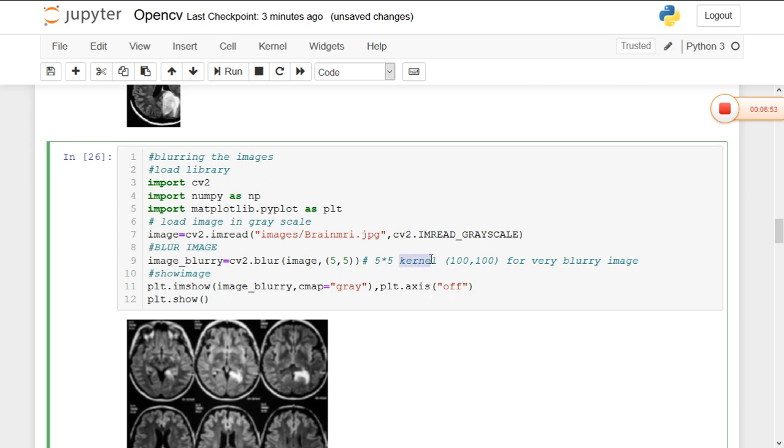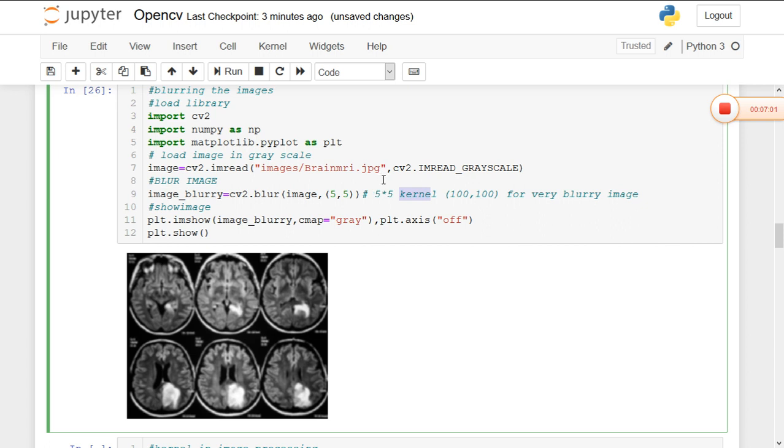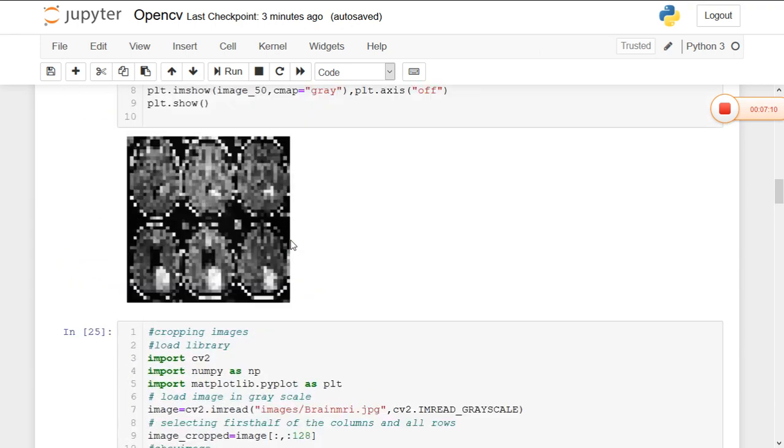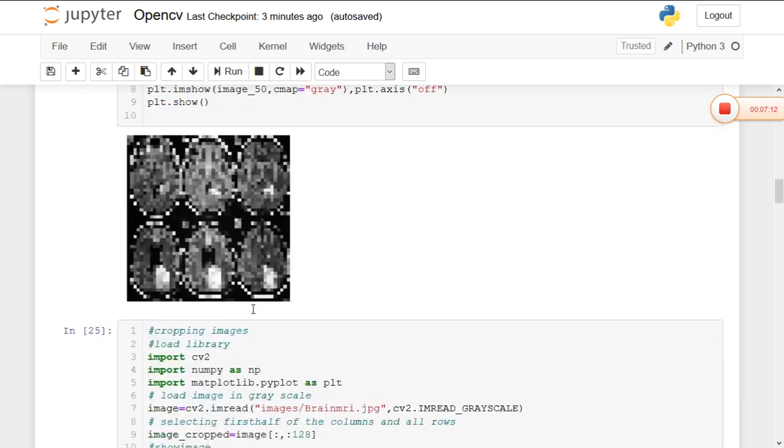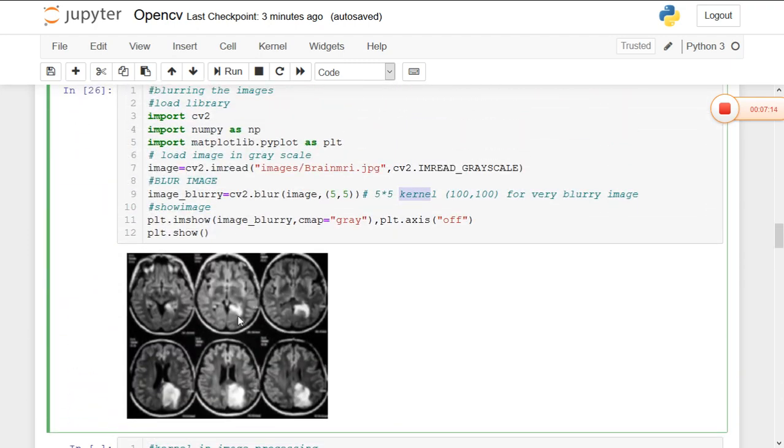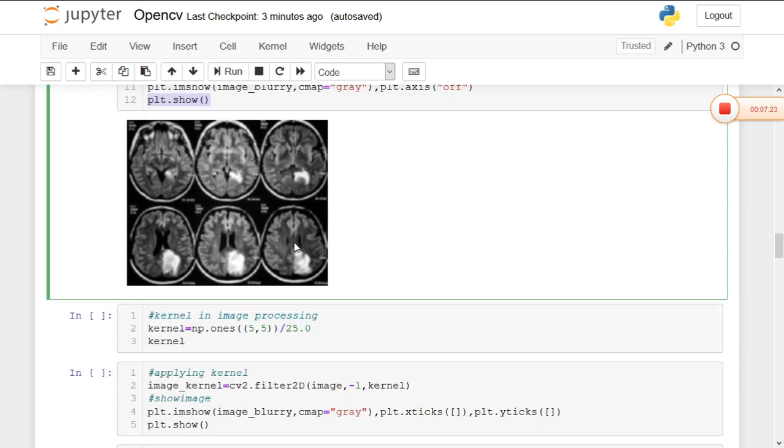Whenever on our mobile phones or laptops we perform operations on images like smoothing or blurring, the internal operation is that it is converted into a kernel. Here I created the kernel by passing the values as 5, 5. For a very blurry image, we can even pass 100, 100. This is the actual image and this is the smoothened, that is, blurry image. So using a method called blur, we can blur the image. The remaining methods are the same. Using the show method, we can show the images.